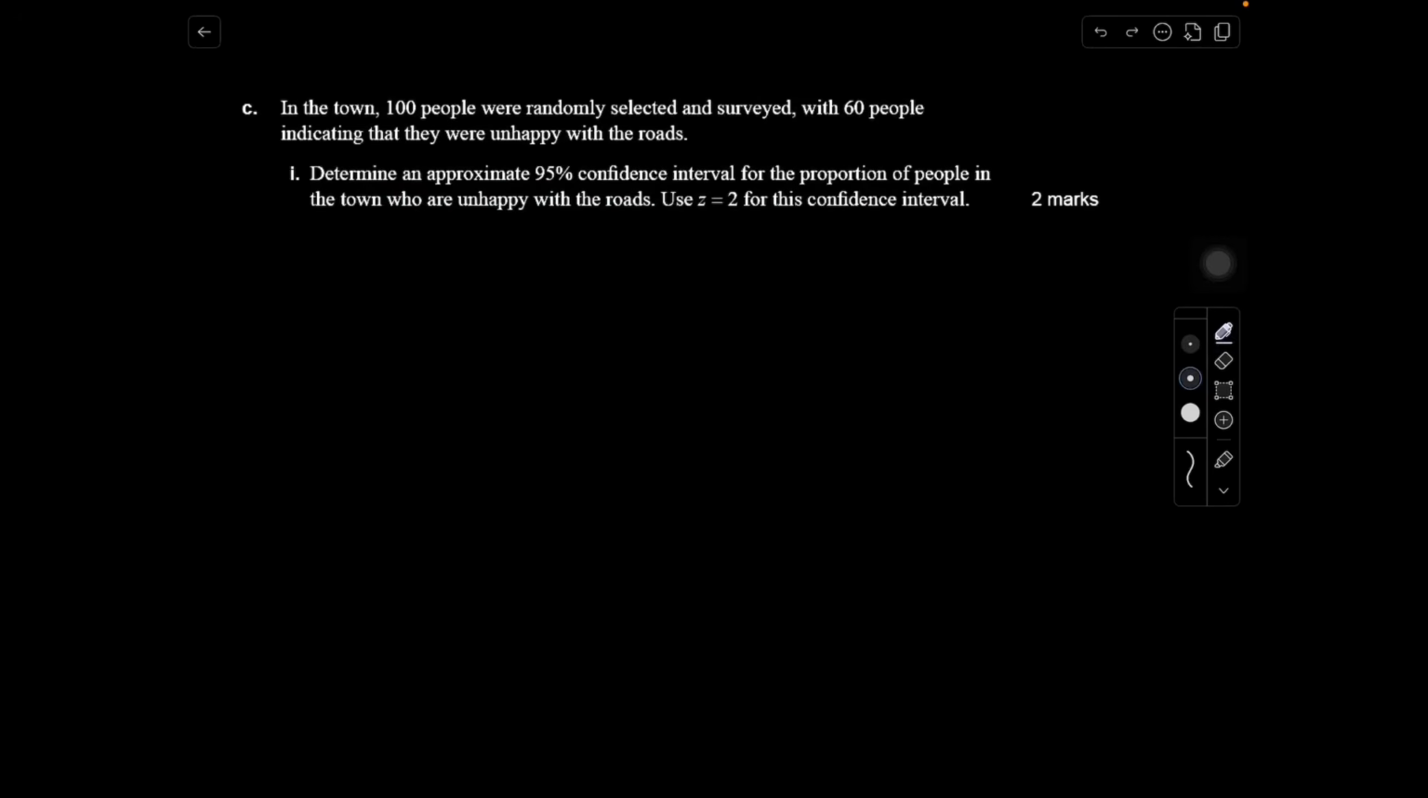For this question, we need to use this formula here that you see on the side. So we need to find out what p hat is and what n is, and we know that z is 2. So remember that p hat is just the fraction of people in our sample that are unhappy with the roads. So here it says 60 people are unhappy, so p hat is going to be equal to 60 over